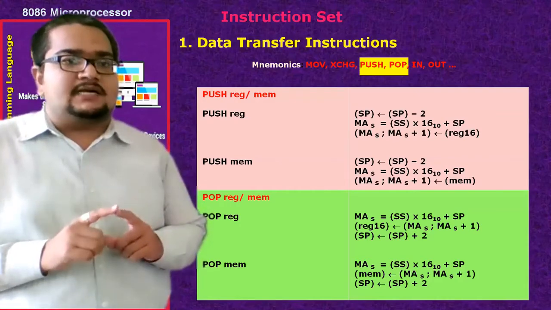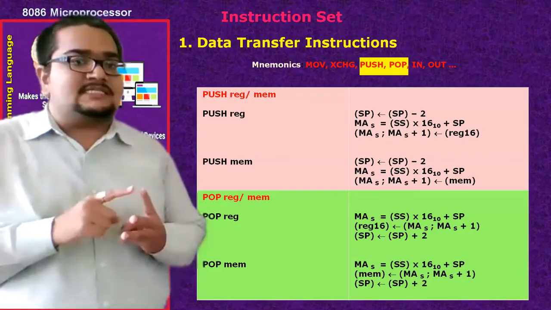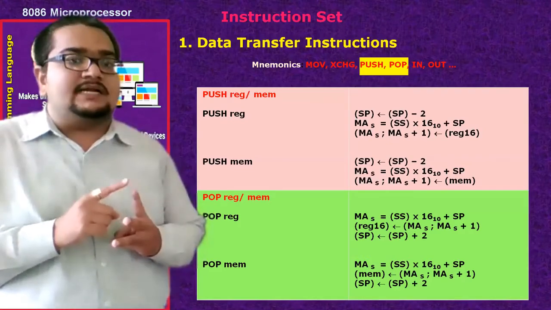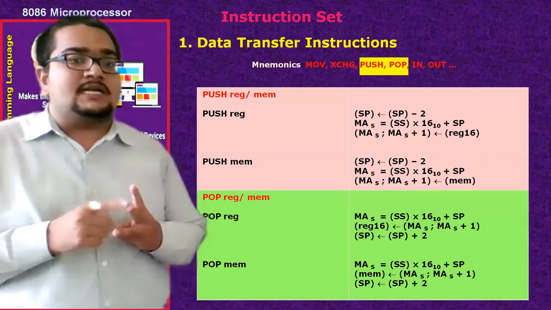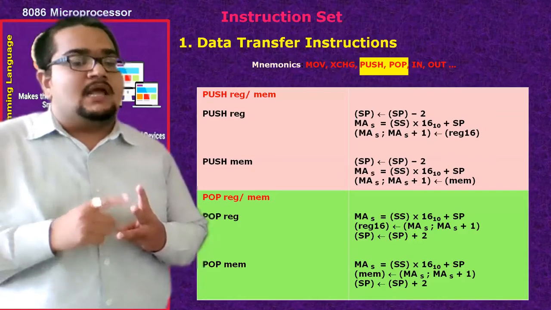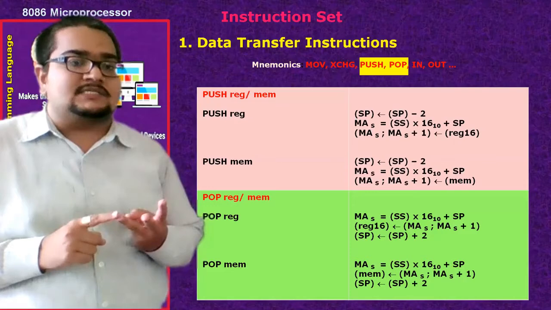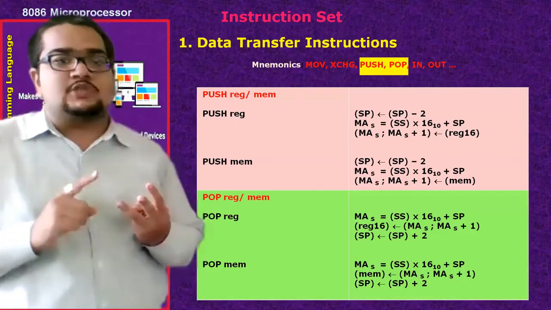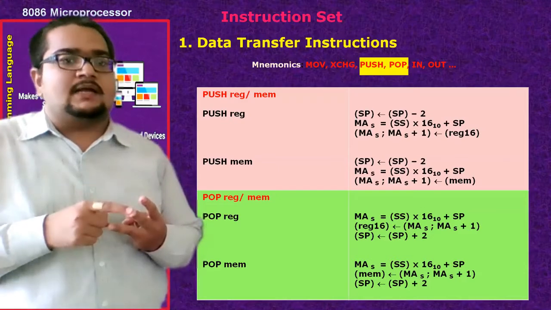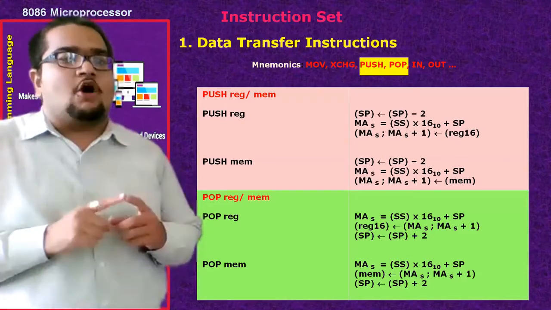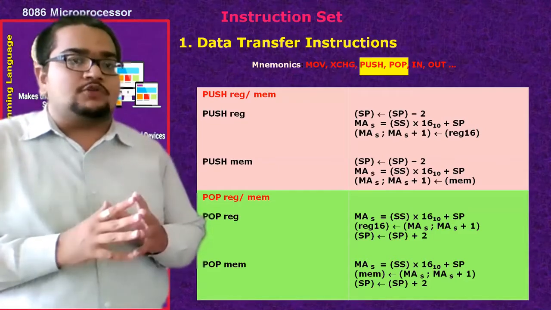When it is stopping its current execution, three things, each of 2 bytes, are saved: the CS content, the segment address of the main program; the IP content, that is the offset address of the next instruction to be executed, again 2 bytes; and our flag status, the third thing, which is also 2 bytes in format. 2 bytes of CS, 2 bytes of IP, and 2 bytes of flags, all will be moved onto the stack memory, saved onto the stack memory.